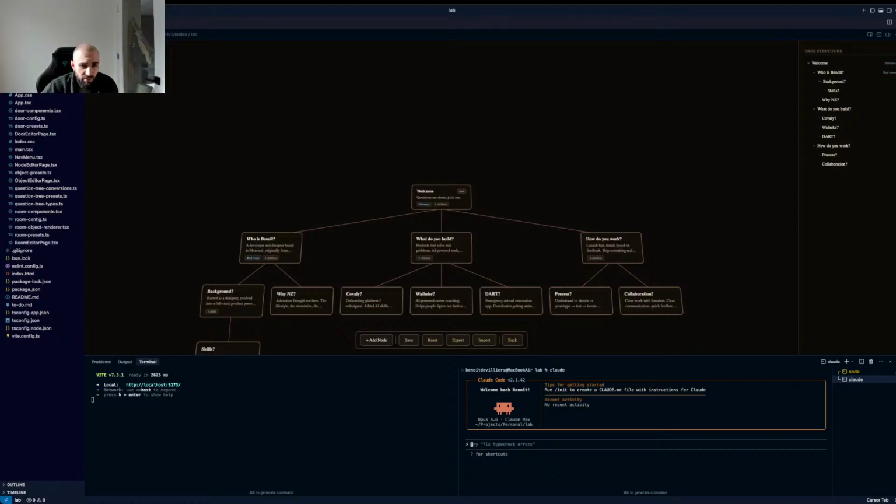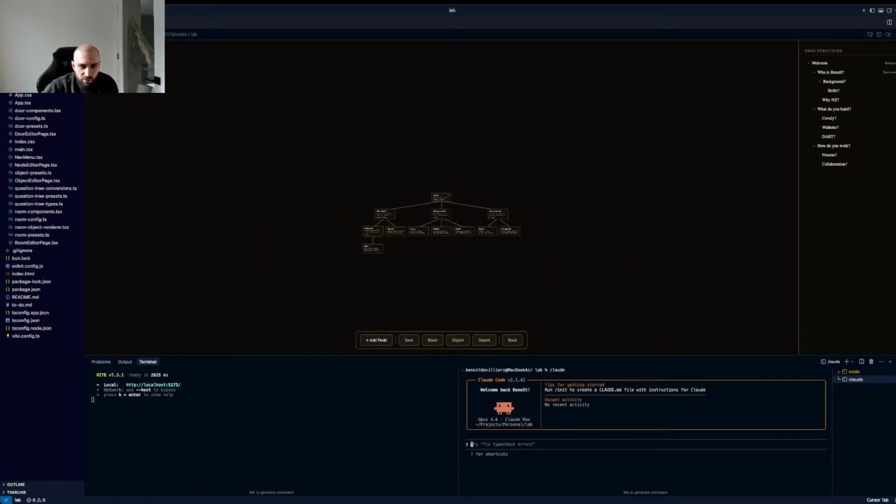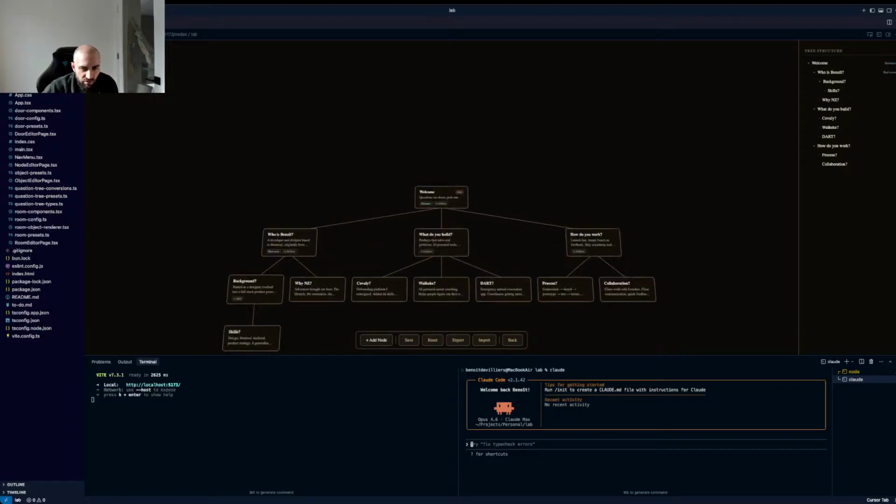I also want to be able to edit each of the rooms, both the content and what's in the room in terms of layout. So to do that, we need to update the node editor view and give it